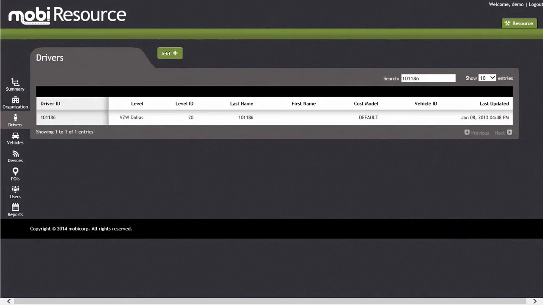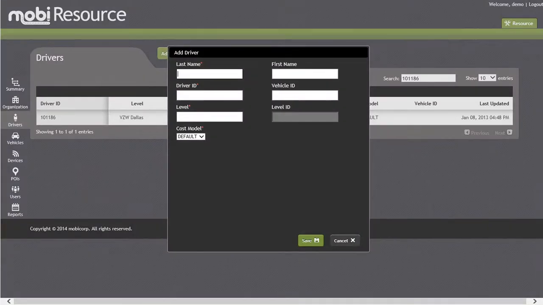As your customer base increases and more employees are hired, you may need to add new drivers to your system. Let's do that now by clicking on the Add button in the upper central portion of the screen. The Add Driver screen is now displayed and allows you to enter in the driver's name, driver ID, typically assigned